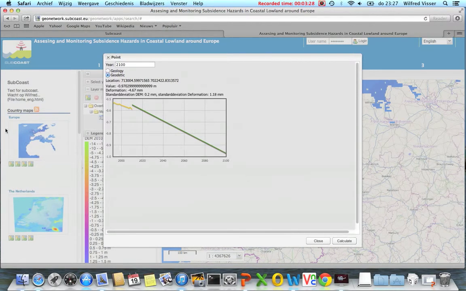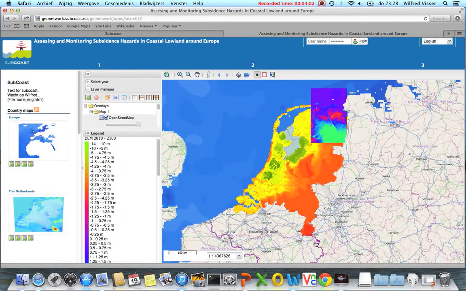What you will see here is two lines actually. The first line is the historic data we have from PSI. Fifteen years of PSI data is displayed here for that point. And after that we have here the new calculated dam for 2100. And it's the end of demo 3.